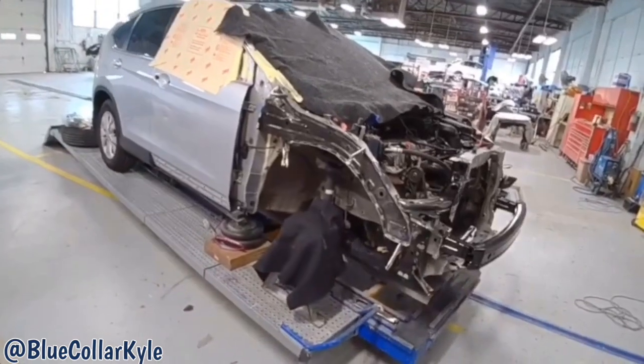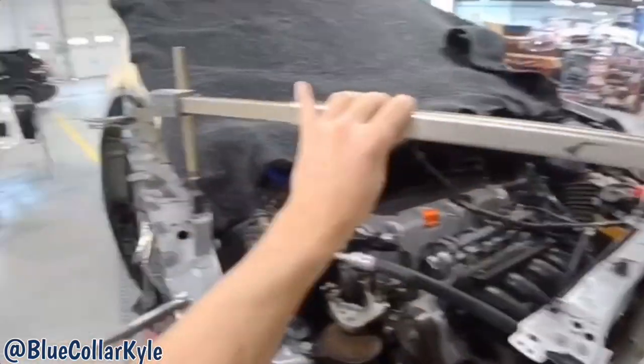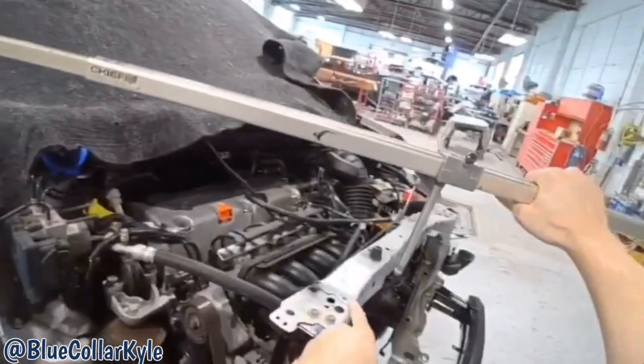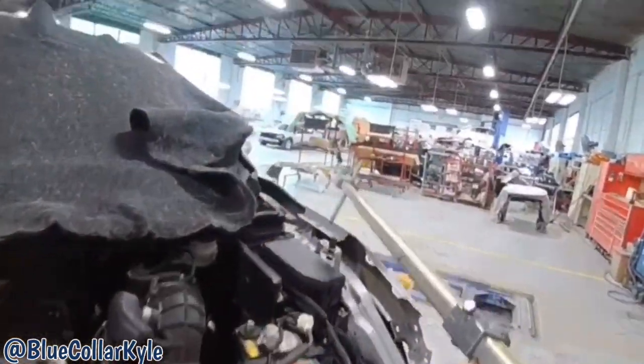So I just about have this one all fit together. I'm gonna make some quick comparison measurements. First I'm gonna check the length, and I'm just going from this hole to right here, and then I'm gonna compare it to this side,